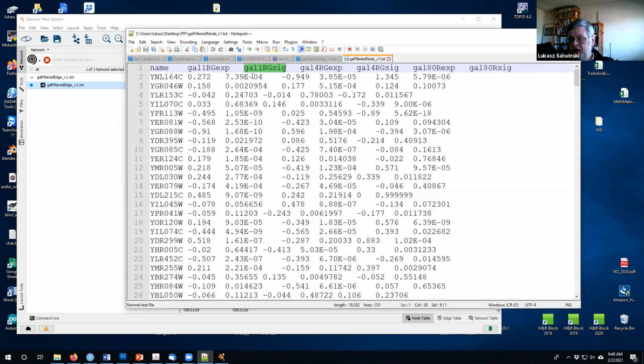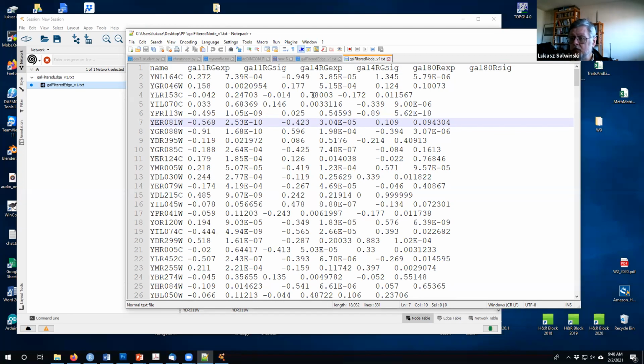So the significance is going to be higher if, whereas if the levels of expression are very small, then the significance of the change might be smaller. So this column here lists how significant the changes are, and there are 3 sets of those for three different conditions. So this is a table that typically comes out of an experiment of some sort, and this is information we want to overlay